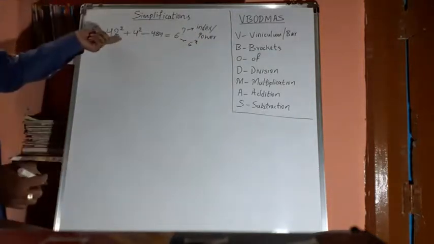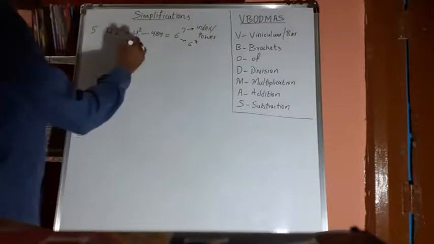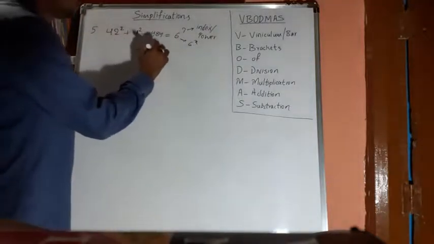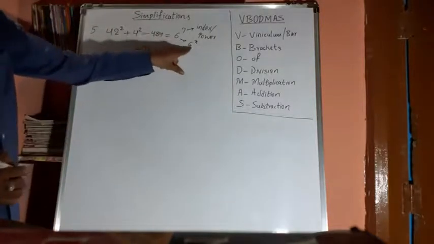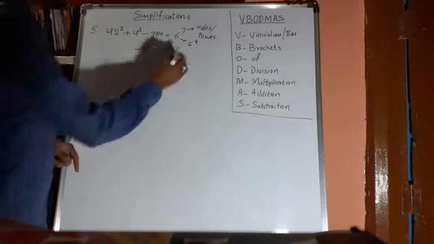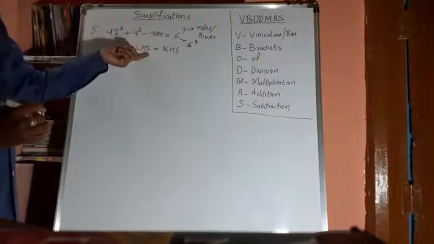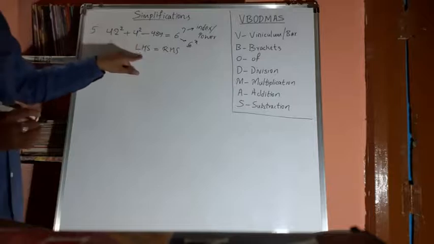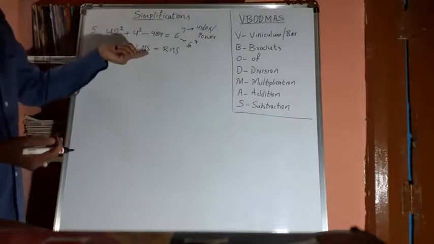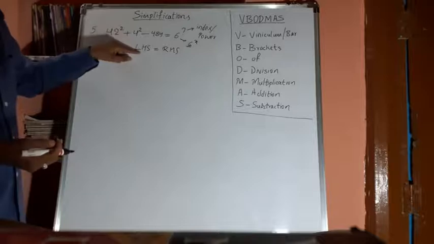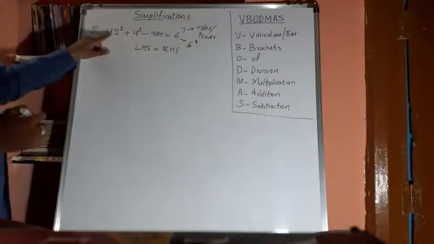Now do the simplification. So friends, always you know that LHS is equals to RHS, right? See, the RHS is in this form, 6 raised to x. The base term is 6, right? So try to bring the left hand side term also with base as 6. You have to do the simplification in such a way that you bring this base term as 6. So let us see how to do it.